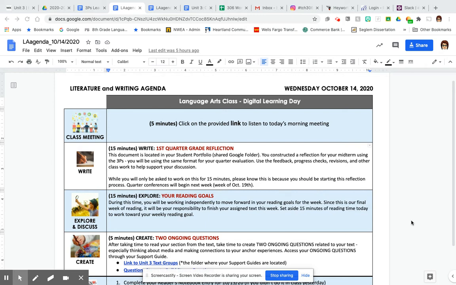The first thing that we're going to be doing, and notice that within the agenda, I actually documented some time. I know that you're busy with your other classes, and I know that there's other things to do. So I put these times here so that you can give yourself roughly about 40 to 45 minutes to work on our classwork, which would be a typical class time if we were together with each other in person. So the first thing I have here, after listening to this video, would be the writing portion of our day.